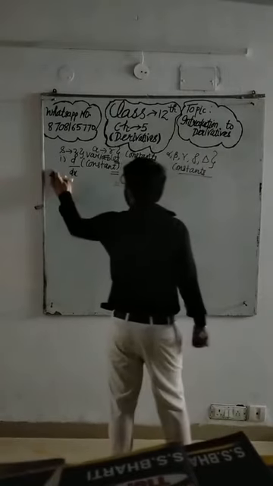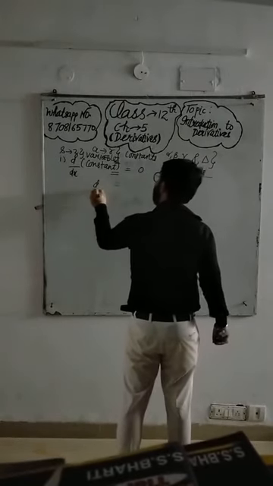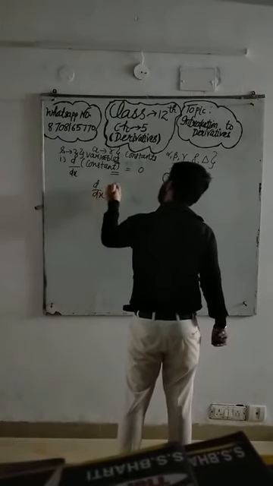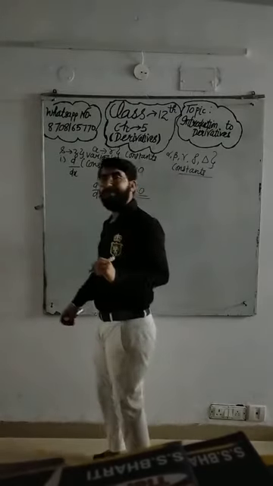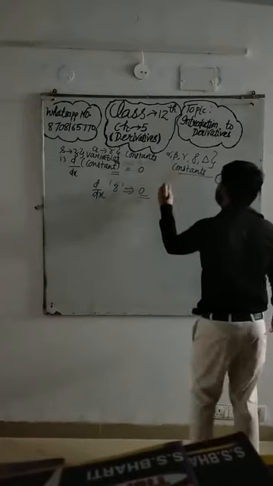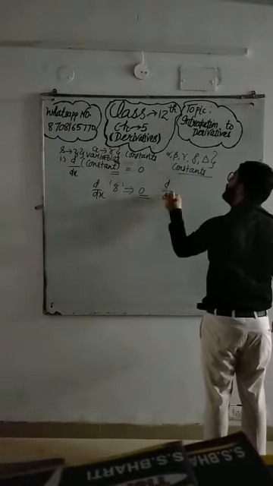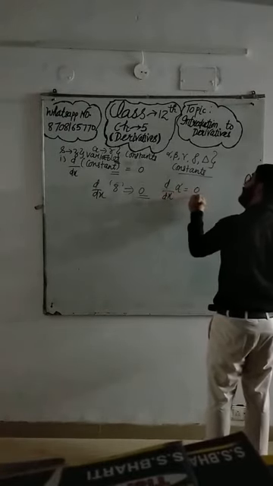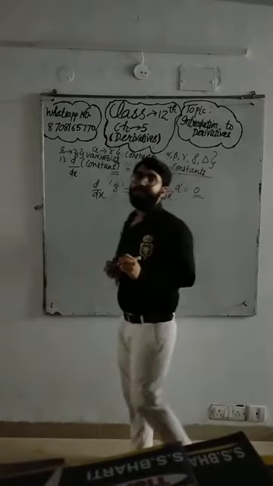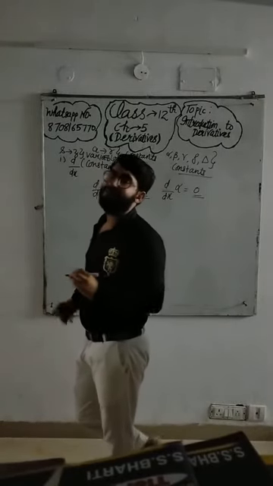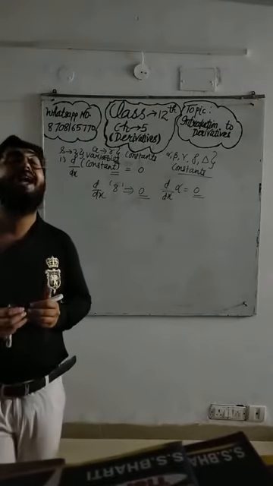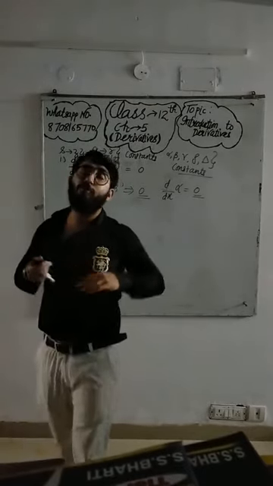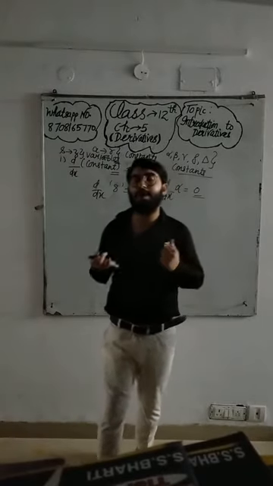So let us take an example for learning this. d/dx of some constant, the constant being 8 here. So the answer is 0. Similarly, d/dx of alpha, the answer is 0, because it is one of the constants. Whatever constant is given to you, if we differentiate it with respect to x, the answer will be 0.